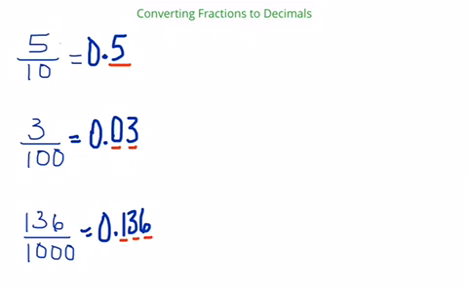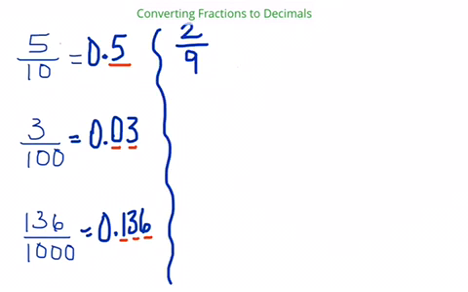Let's say I have a fraction that looks like this. Two ninths. I want to convert 2/9 to a decimal. In order to do that, I have to divide. 2 goes in the box. 9 is my divisor. 9 goes outside. After I write my number 2,